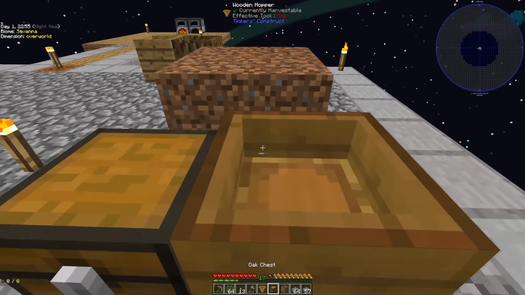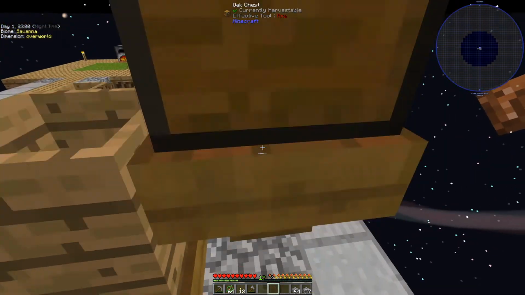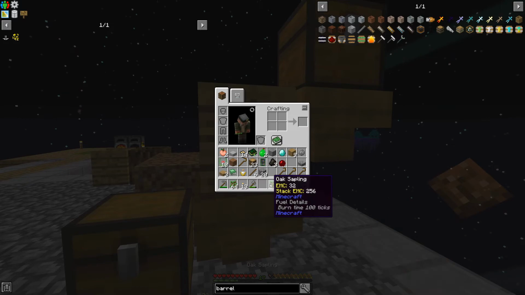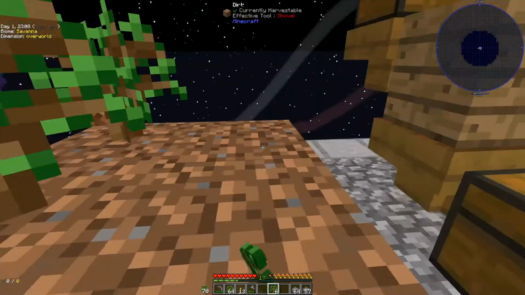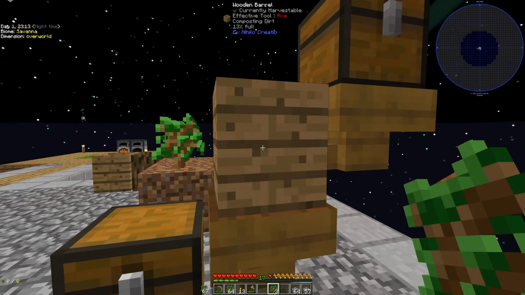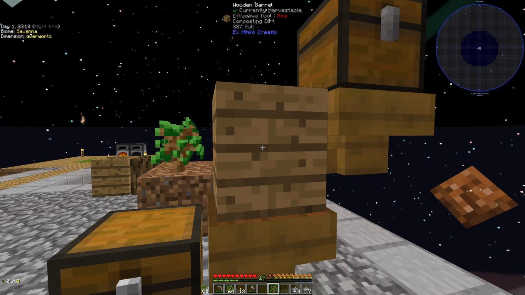Hopper go into there. You put a wood barrel on top, hopper into that, and a chest on top of that. Now what you can do is take some saplings here. In fact, we're going to put 4 down here, just so we don't lose them. If you put a sapling in here, you'll notice that's now 13% full. Composting dirt, 25. So if you put in 8 total,